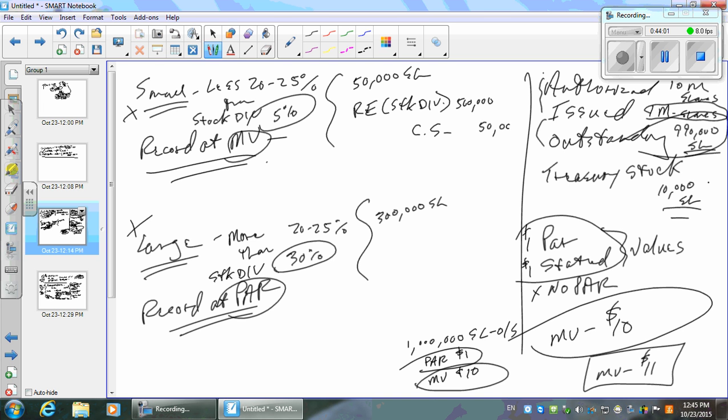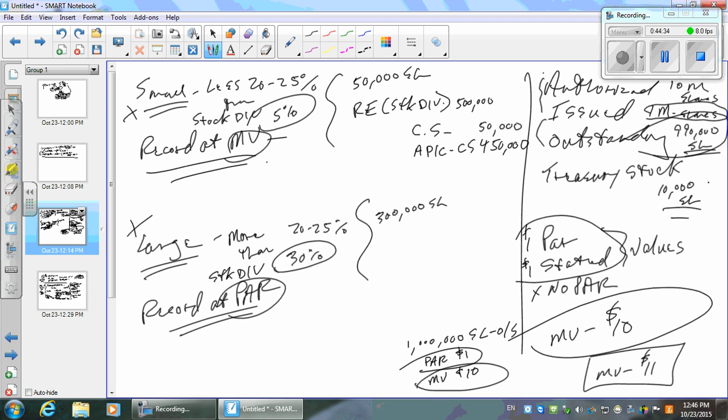So you got a debit of 500,000 to retained earnings or stock dividends, which is a temporary retained earnings account that you would close to retained earnings, just like income summary. And then this is going to be additional paid-in capital on common stock, just like they had paid cash for it, for $450,000. How much is the additional paid-in capital per share if the par is $1 and the market value is 10? It's 9, right? 9 times 50,000 shares is the $450,000. Got it?